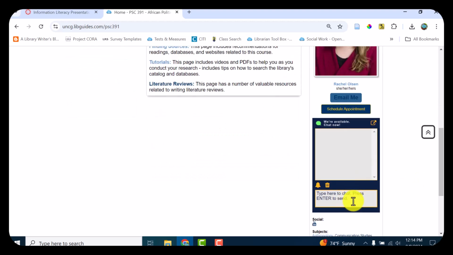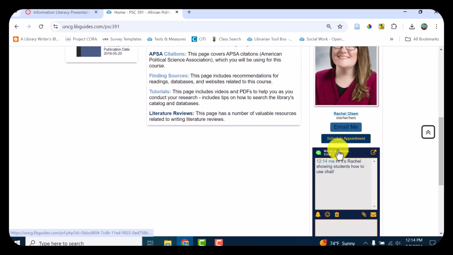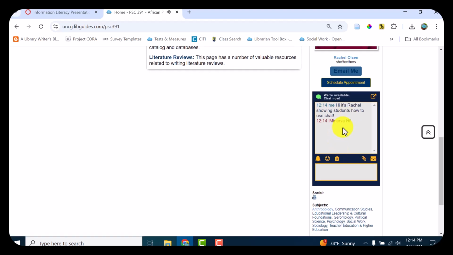You can chat with the library. So I'm just going to say, hi, it's Rachel showing students how to use chat. This goes to a real life person who works for the library. Note that even though it's my face that you're seeing there, it's not necessarily me that you're speaking with, but it is a real person. And they're really quick to respond usually, and more than glad to help you with any questions that you might